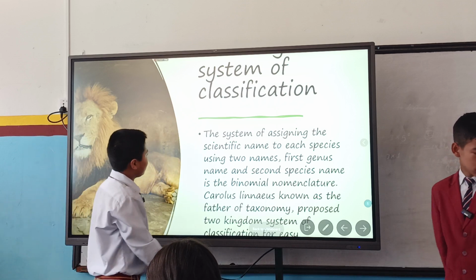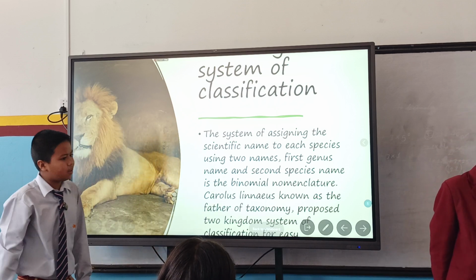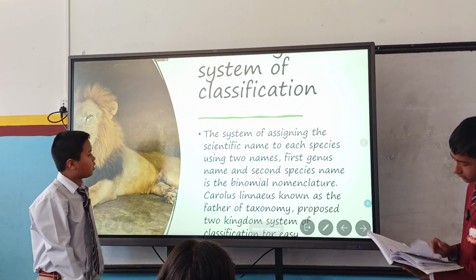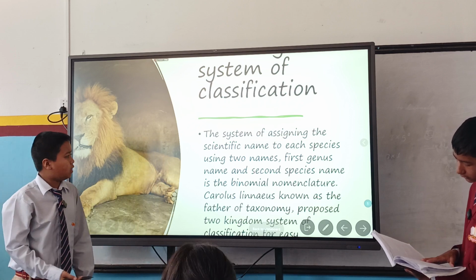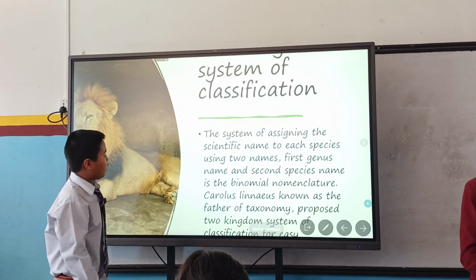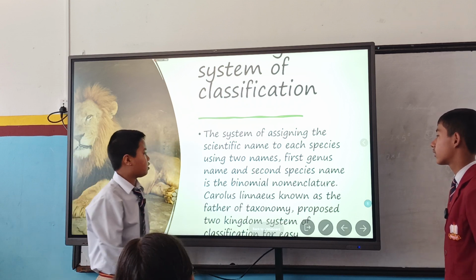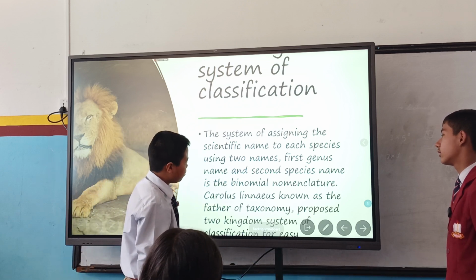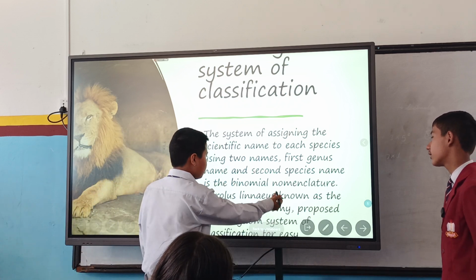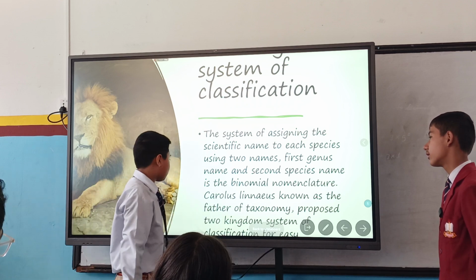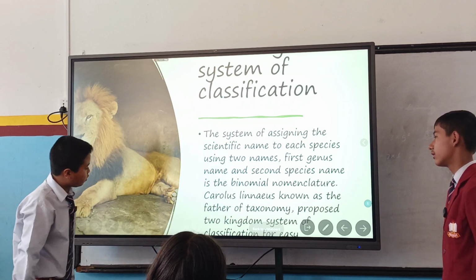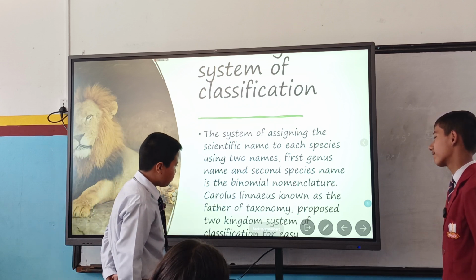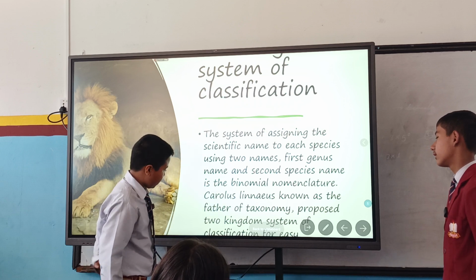System of classification: the system of assigning the scientific name to each species using two names. It has two names, the genus name and the second species name, called binomial nomenclature. Carolus Linnaeus, known as the father of taxonomy, proposed the two kingdom system of classification for easy